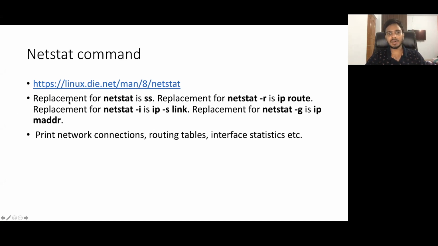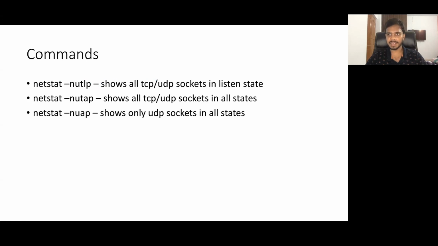We now have a replacement for the netstat command, that is the ss command. ss is mostly for sockets. netstat can be used for multiple purposes: seeing the sockets, seeing the routes, and also seeing the links. So with the help of ss, the use of ss is mostly for sockets. The netstat command helps in printing the network connections, routing tables, and interface stats. But at least at this stage, we are mostly interested in printing the network connections that we have, all the sockets and the connections that they have formed.